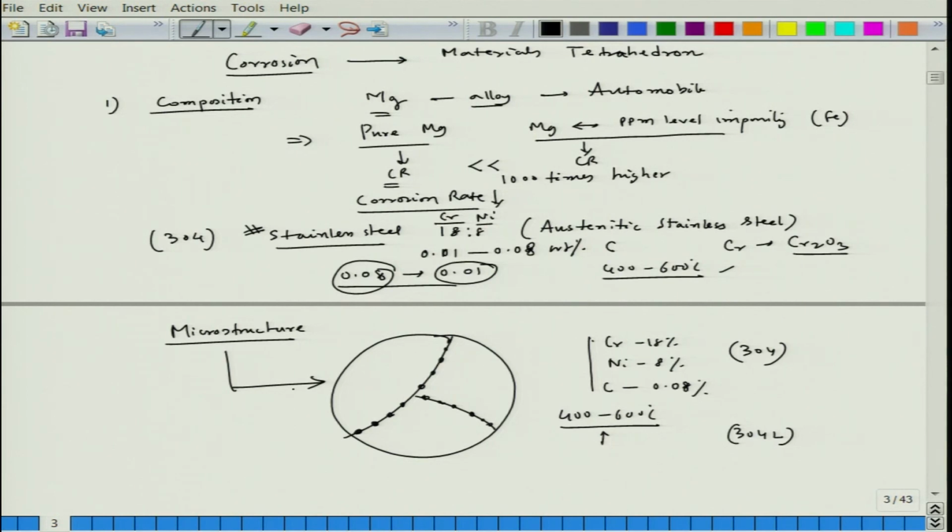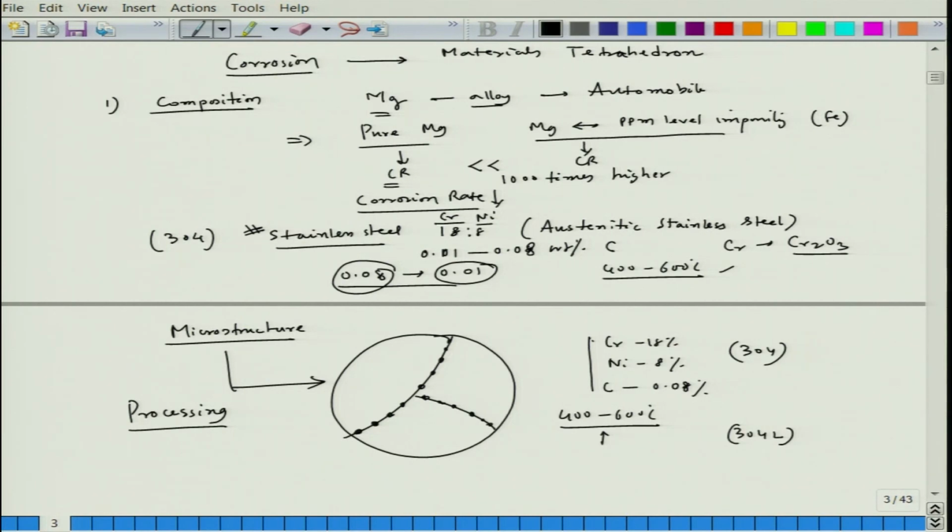Of course, this microstructure change is possible because of processing. Even if you change the composition, if you fix the processing, the microstructure can still change, but here I am saying that the composition is fixed, and the microstructure change can only be possible if we change the processing. Here, what is the processing change? We are cooling slowly, or you are cooling rapidly. So, that is the change. So, now here also the processing has an effect on the corrosion tendency, which is manifested in the form of microstructure.